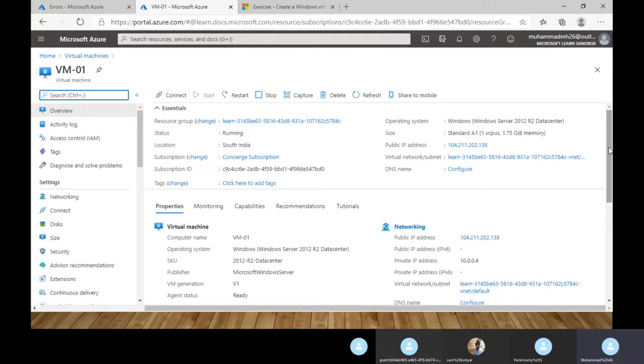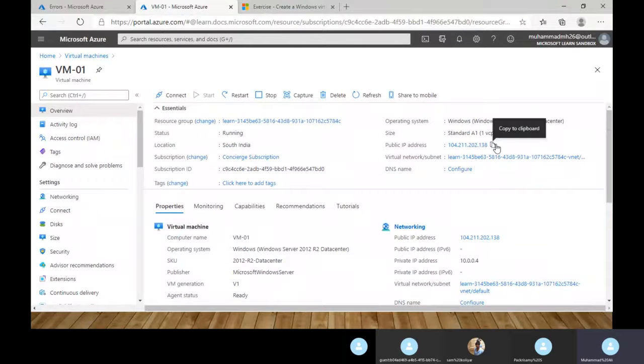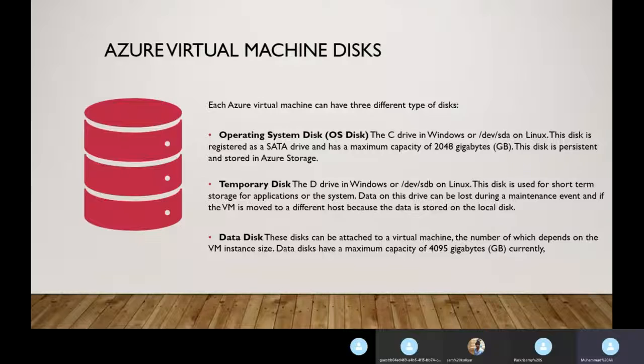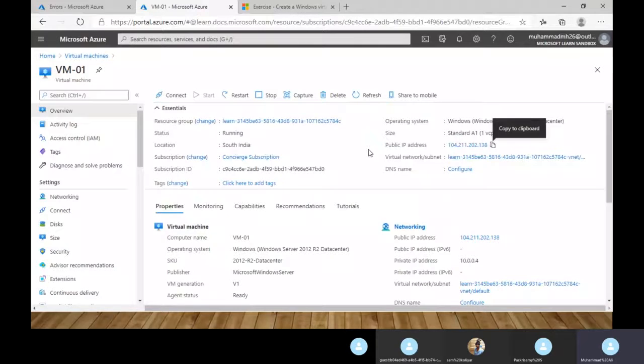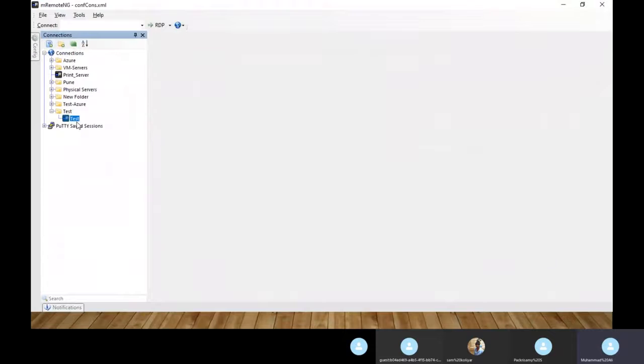Now our machine is ready. This is the lowest version, so it has only one core and 1.75 GB of RAM. I'm selecting my virtual machine now. I already created it yesterday, right?